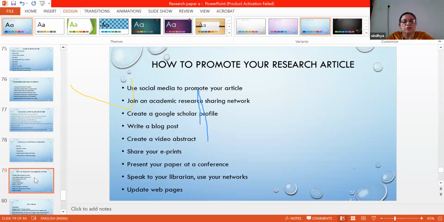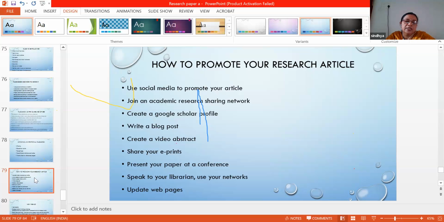You can share with your network, create a Google Scholar profile. You can create a Google Scholar profile freely and add your paper in that section also. Write a blog post, create a video abstract, share your reprints, present your paper at a conference, speak to your librarian so that the librarian can share with his network, and update web pages. In your institution or department, a website is available. You can upload your paper on the website also, so that a large audience can reach your paper and